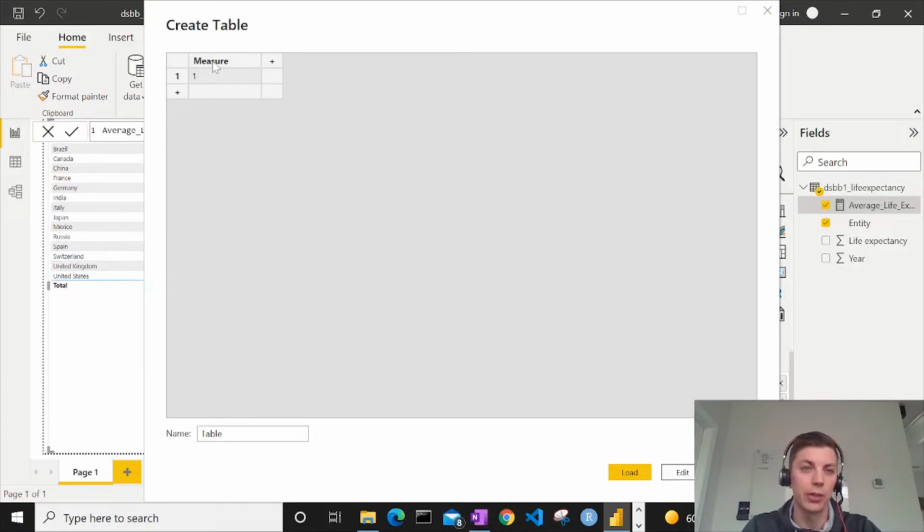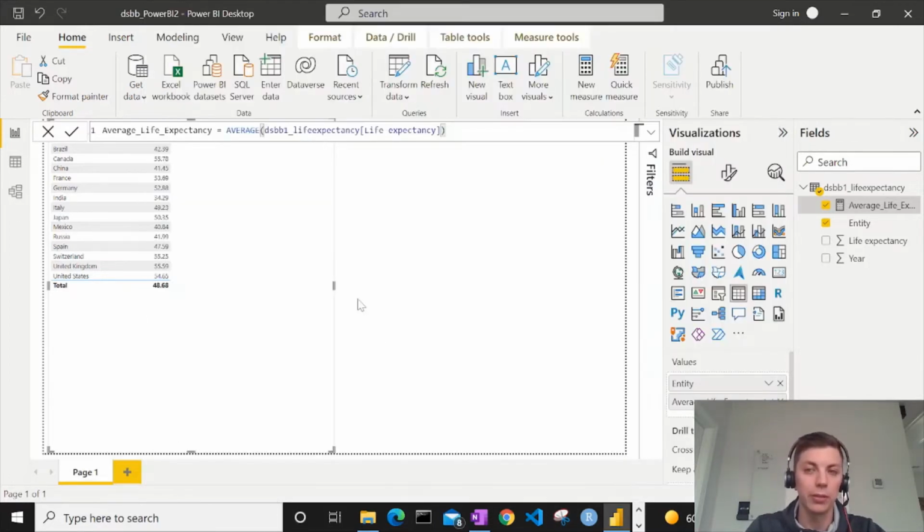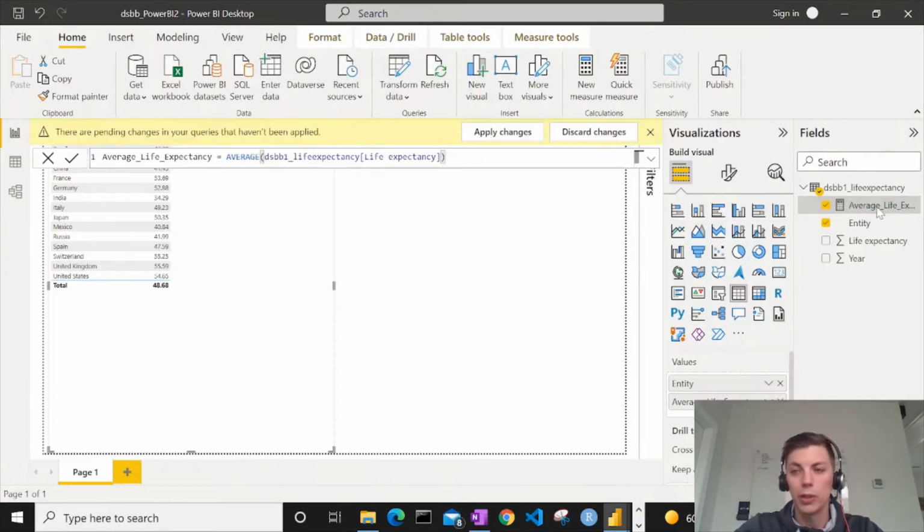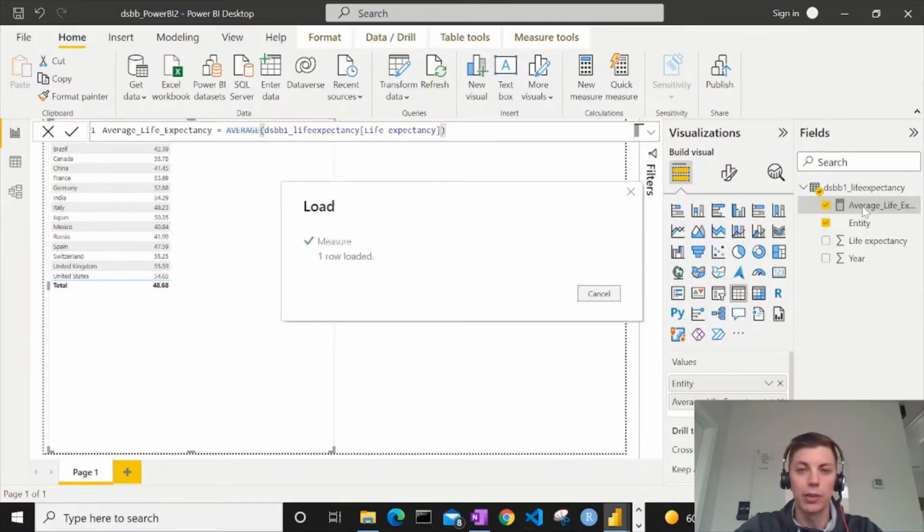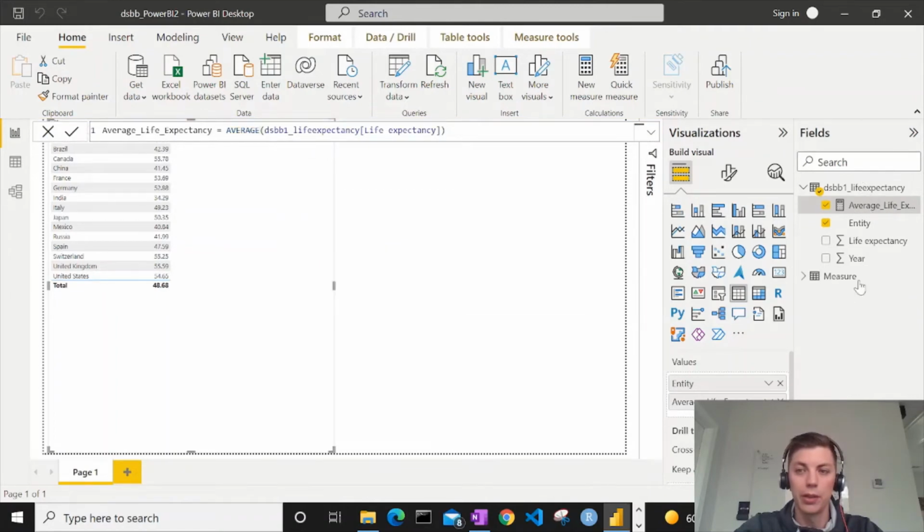So just do measure at the top, do a 1, that's just a placeholder, and then rename the table to measure as well, and click load. So this will appear, and then we'll move our average life expectancy that we just wrote underneath the new measure table, the new measure